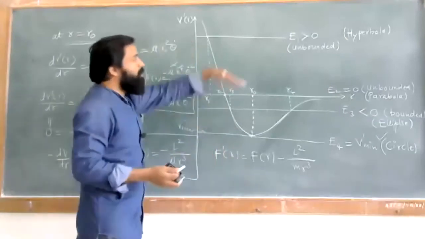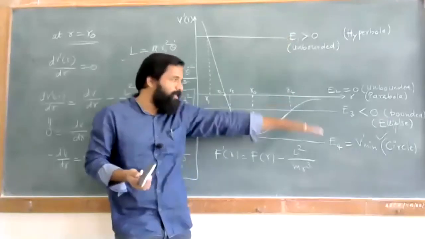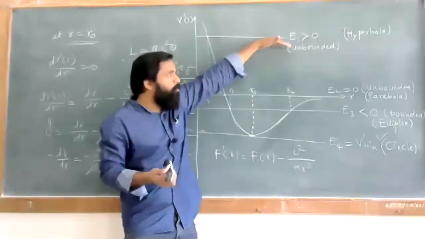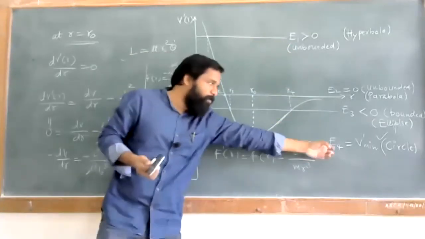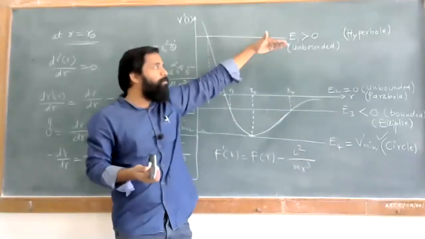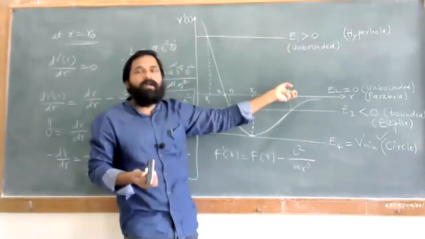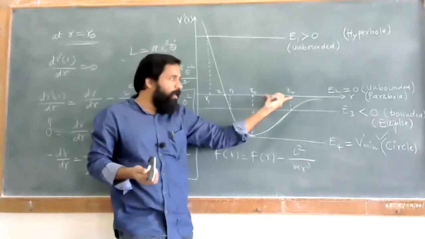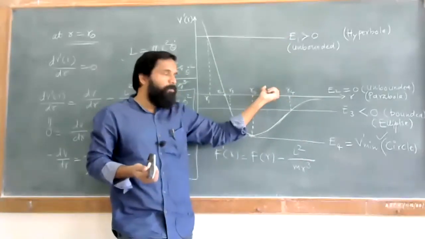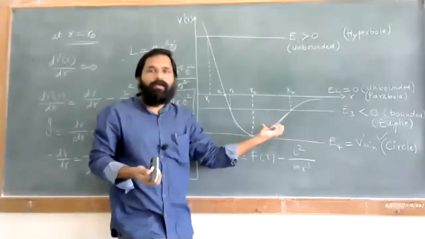So depending upon different energies, which we saw in eccentricity and also see here, depending upon the values of energies, either we can have a bounded motion, this is also a bounded motion, either we can have a bounded motion for these two cases, or we can have unbounded motion. So either we can have hyperbola, we can have parabola. For that we have unbounded motion, and for these two cases we can have a bounded motion.